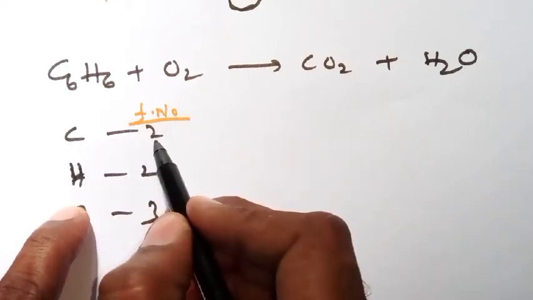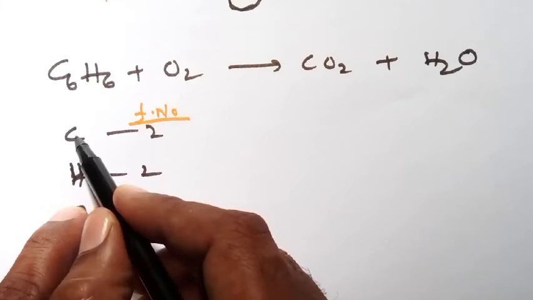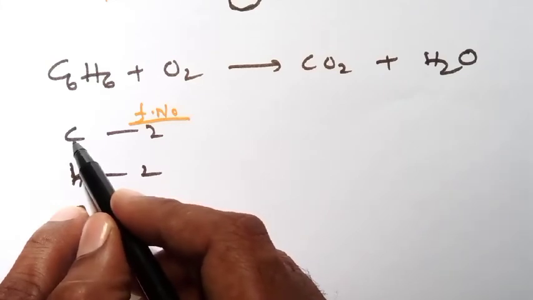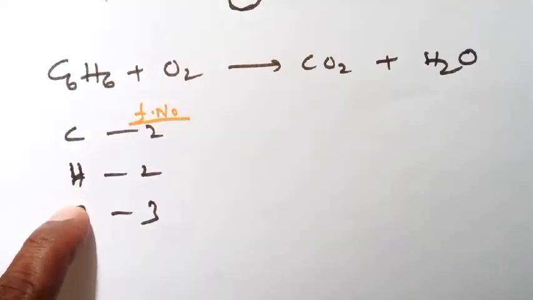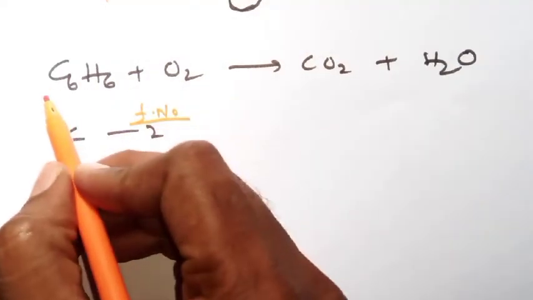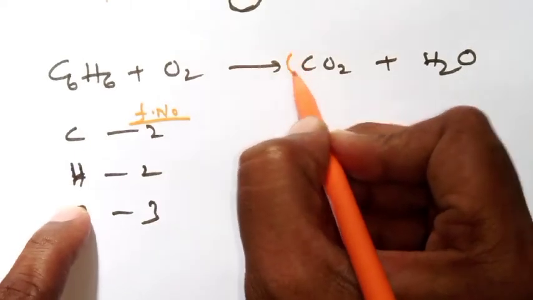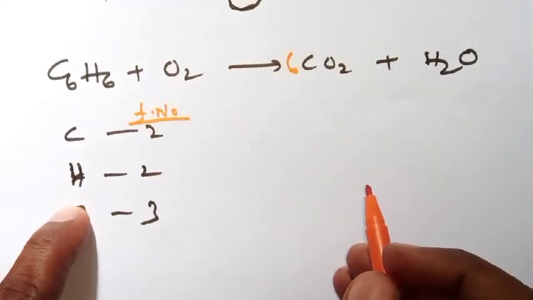See there, carbon compared to hydrogen, carbon has the highest atomic number. That is why first balance the carbon. So here, 6 carbons are there on the left side, but the right side has only 1 carbon. That is why put 6 here. Now carbon is balanced. Is it okay?